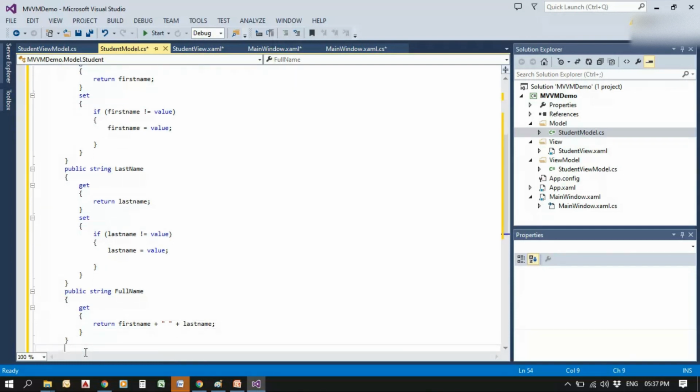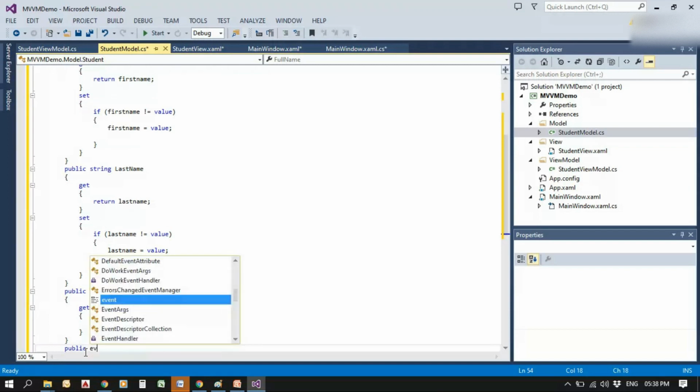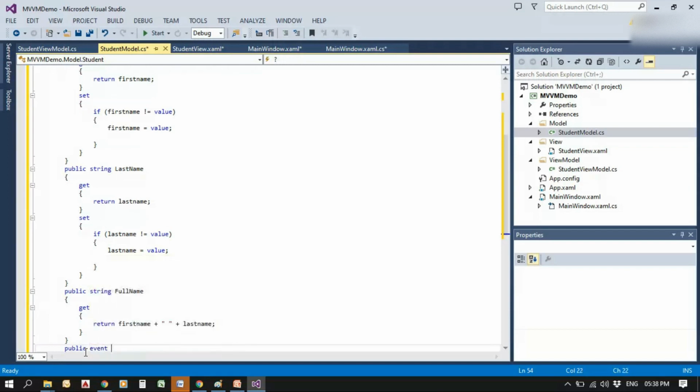And next we are creating an event handler RaisePropertyChanged, so that if the property changes we can see it.